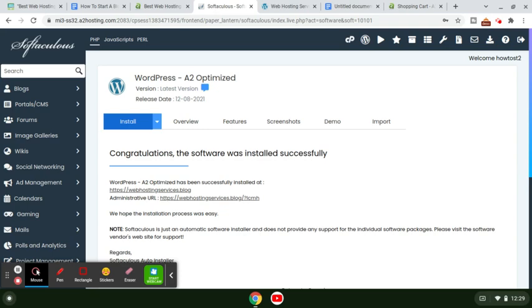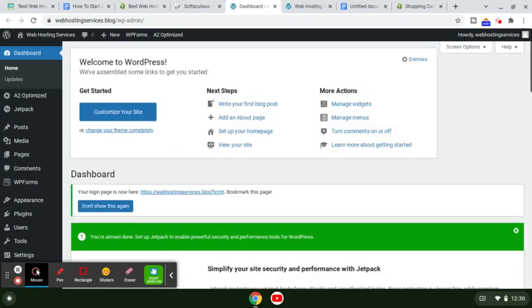To do that, guys, what you're going to do is click on this admin URL and you can bookmark this. That way, any time you want to make any corrections or updates or change posts or add posts or pages to your website itself, you're going to use that very same admin that's there. So you can bookmark it, or you can plug in your domain name, as you can see right up here, your domain name .com or .net .org. Like in my case, it's .blog. You're going to put